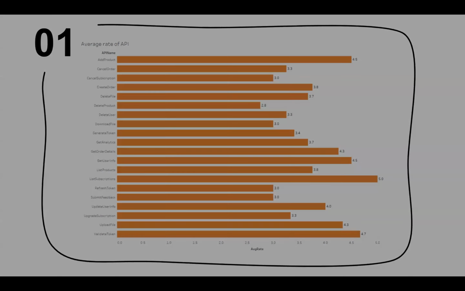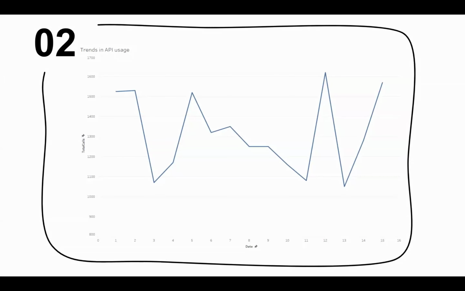usability. And the second chart captures the trends in API usage over time. While the usage fluctuates, there are noticeable peaks, particularly on day 8 and 13, with call volumes reaching above 1,600. These spikes may correlate with specific events, promotions, or user behaviors, which deserve further analysis to optimize API performance and